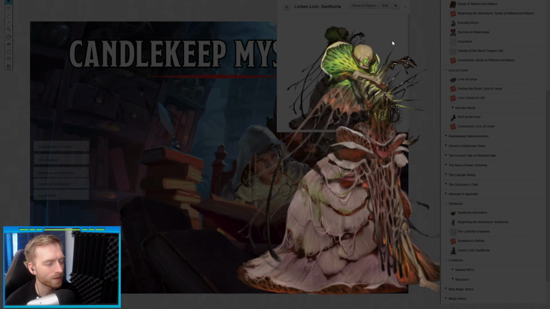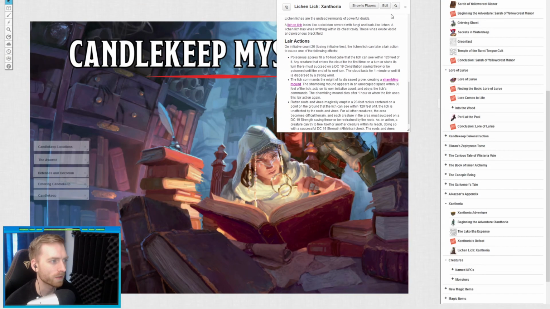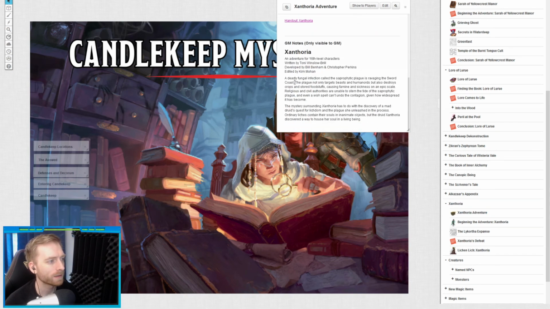The Lichen Lich. See, this alone. The Lichen Lich, yeah, I want to use it. I want to use it. But like